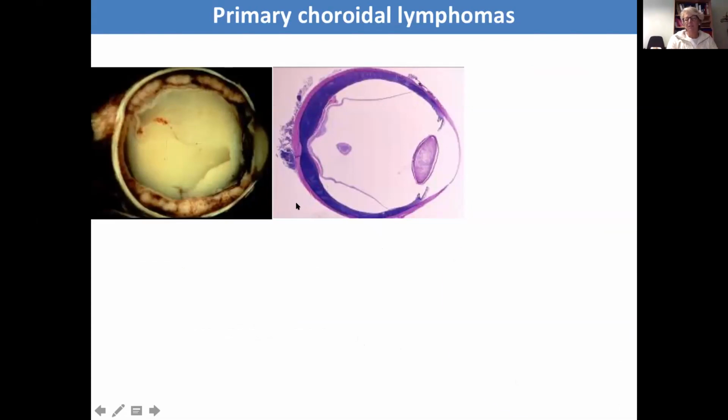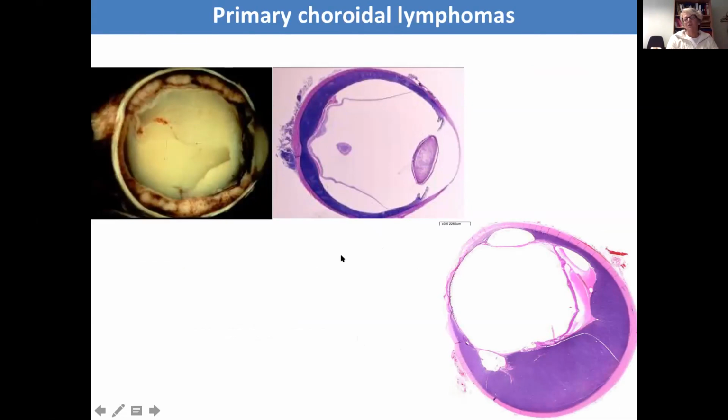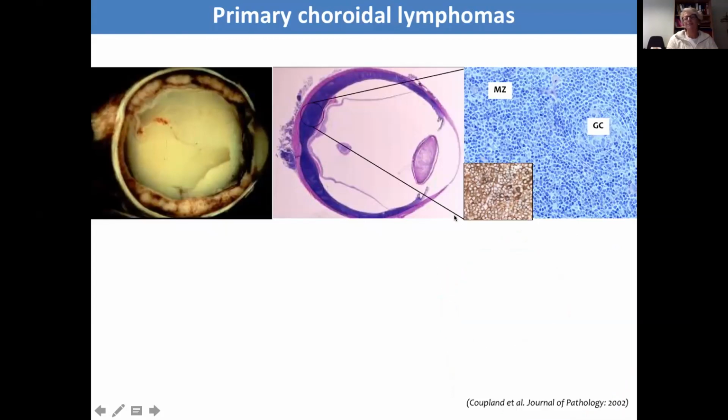What is typical of these lymphomas is that they use the exit routes which are offered by the exiting vortex veins and nerve, and they can extend posteriorly into the orbital tissue and also anteriorly. The neoplastic cells are within the so-called marginal zone. So the germinal center is reactive, but the marginal zone contains the neoplastic cells, and they can quite often show